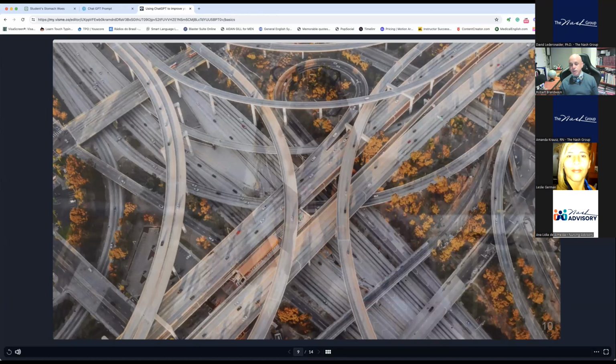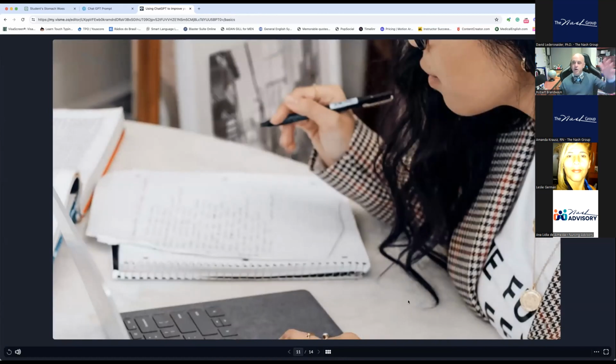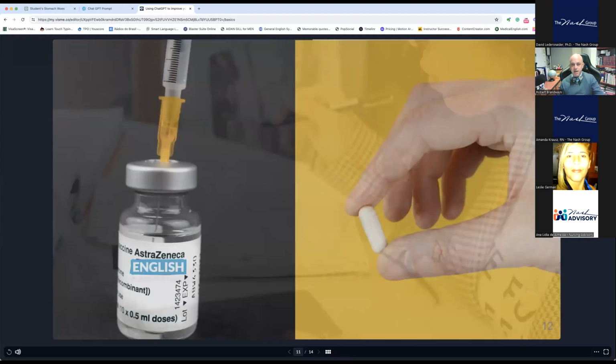So, at the crossroads of where you are, en esta encrucijada en la que ustedes se encuentran, okay? Either you put in the time, ustedes realmente ponen el tiempo, and you do the work, and you study like crazy, y ustedes estudian y estudian como locas o como locos, or simply it's just not gonna happen.